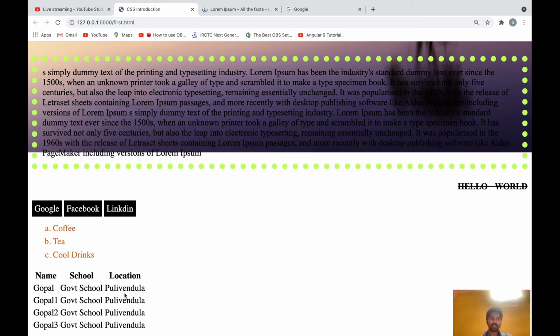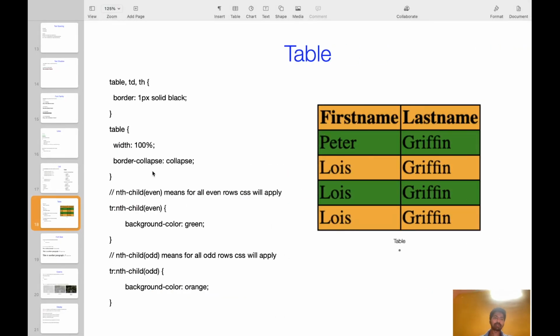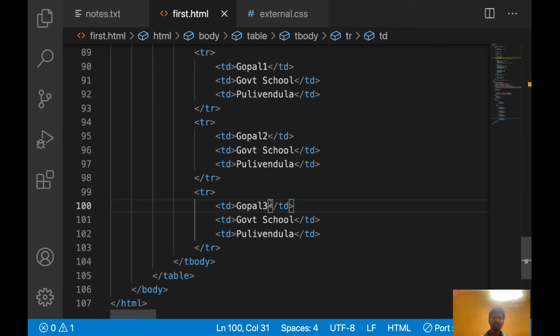So if I give some styling, as I explained in this one, I can give like this border. Let's apply these styles first. Some border I want to apply. Now let's see this one, how it will come.